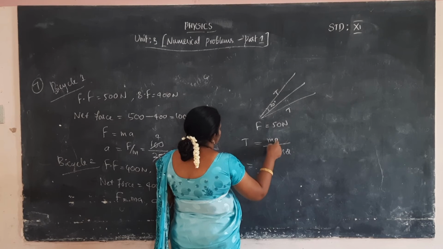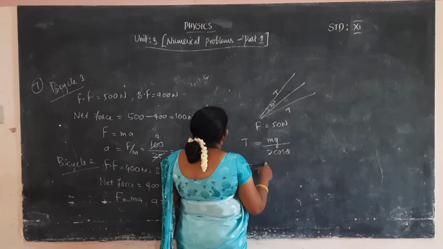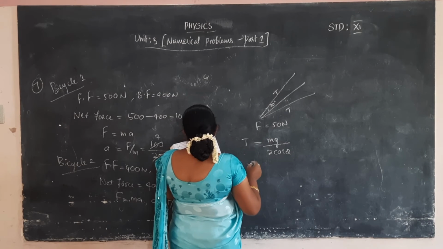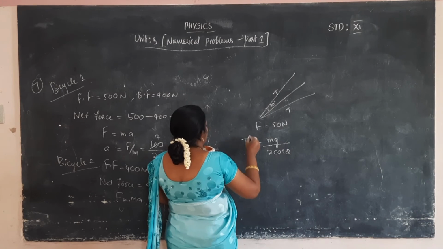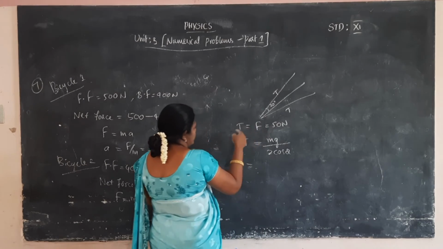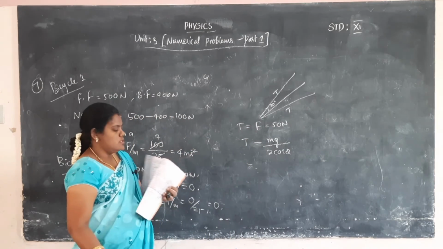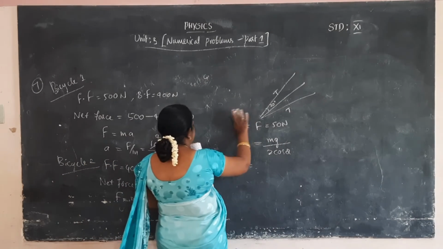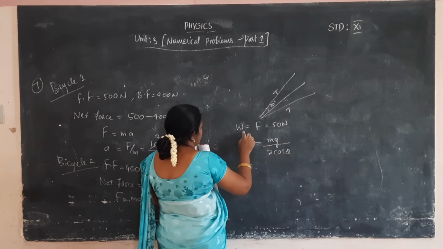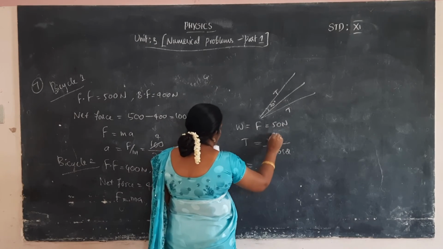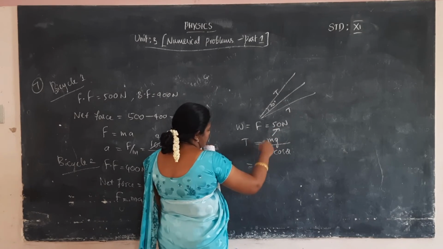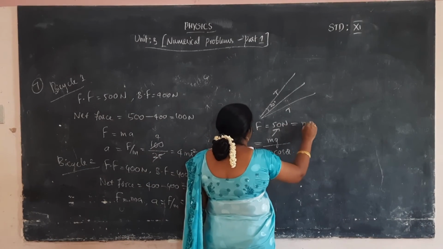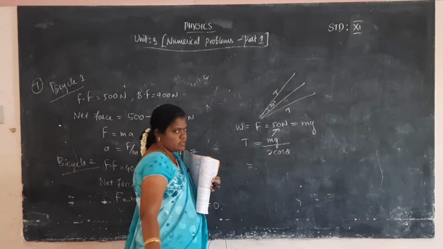Substitute the m value, substitute the t value, and substitute the theta value. So what is mg? That is a weight. Already it will be given in our book. Tension T is equal to 50 Newton. So we want to easily, not a tension. That is a mg value. That is the weight of the object. Weight of the object W is equal to F is equal to 50 Newton. So the 50 Newton it will be the weight of an object. Weight it will be equal to m into g. So weight is equal to force, it will be equal to mg is equal to 50 Newton.